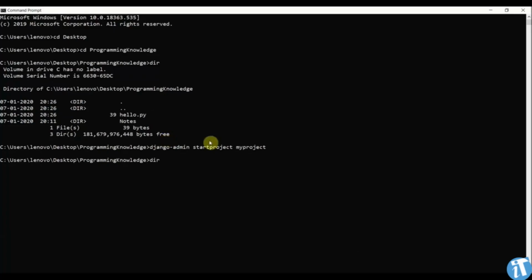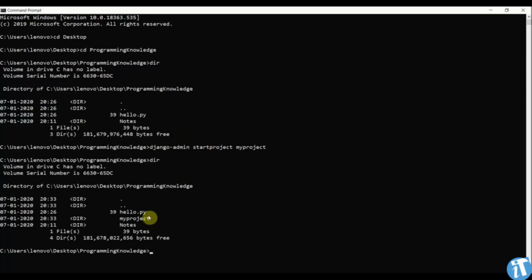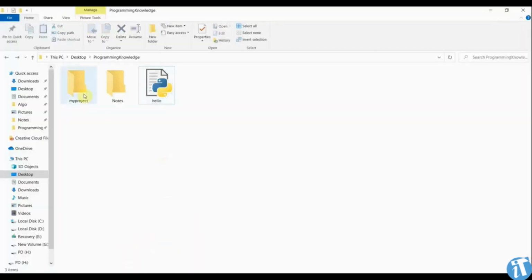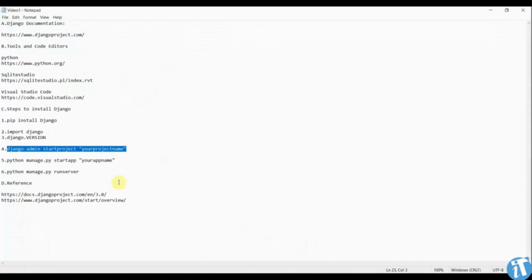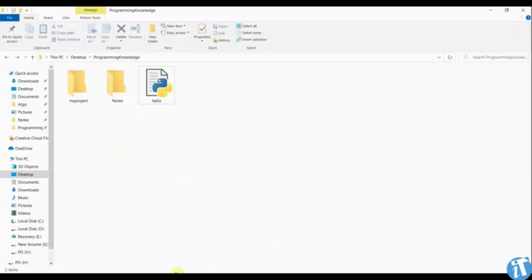Now I would run the dir command. It says there is a folder called my project which has been created in the current directory, and this is due to the command django-admin startproject my project. So you can see here that my project has been created successfully. Now the Django project has been created, and if you want to start an app,